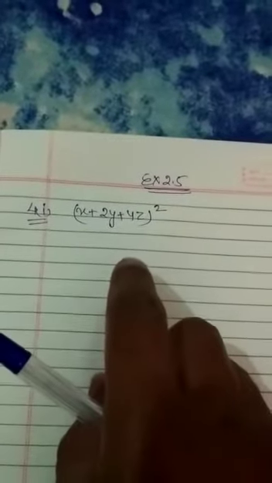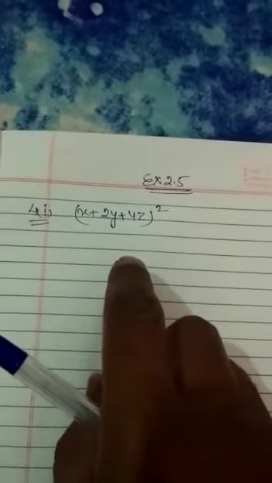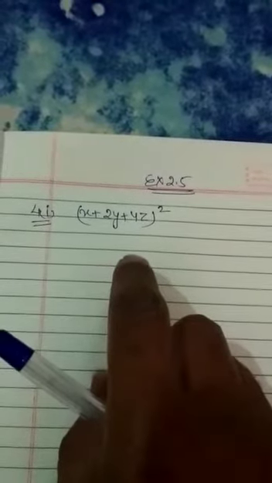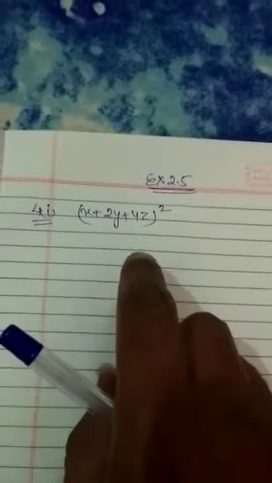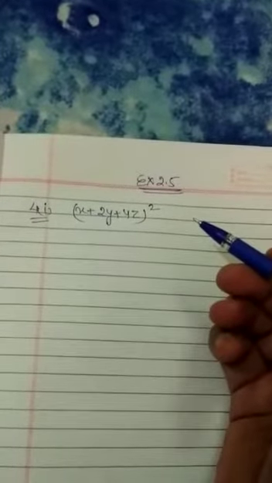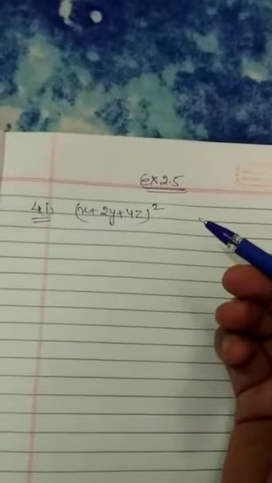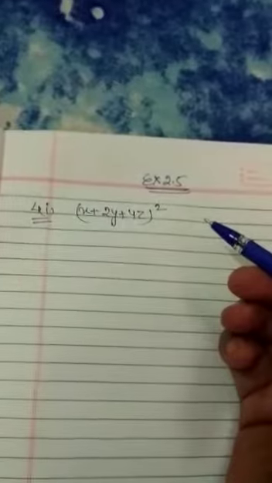Hello everyone, I hope you could learn all the algebraic identities. Now, on the basis of those identities, we will be doing question number 4 of exercise 2.1. I hope up to question number 3 you have done. In case of any problem, you can discuss. Now, today we are doing question number 4, part first.